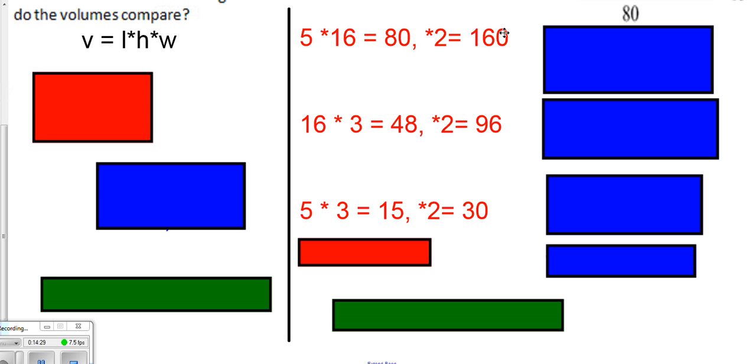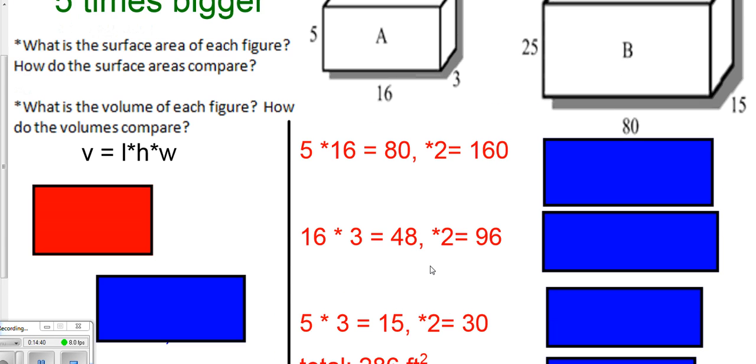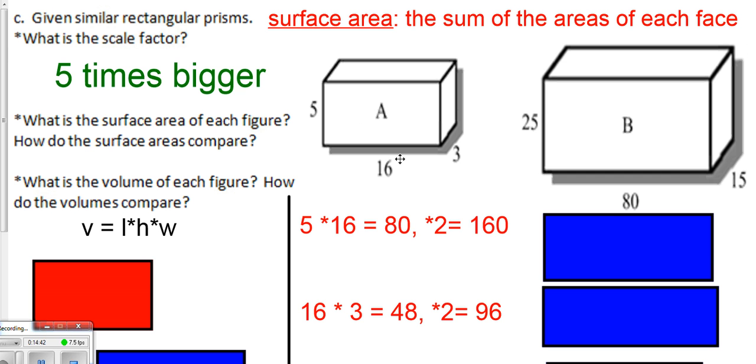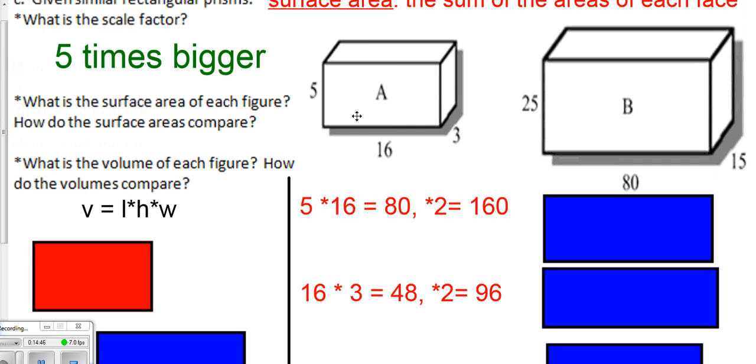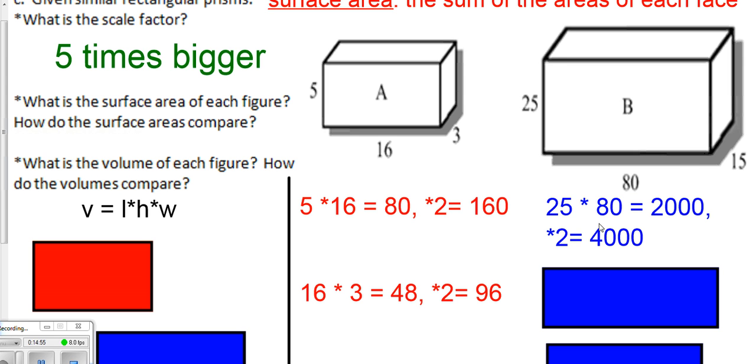Add up 160, 96, and 30. And our total surface area would be 286 feet squared. So that'd be the surface area just of this box. In a sense, you can think of it, that's how much wrapping paper you would need to cover this box. Now for this box, it's a little bit bigger. It's 5 times as big, but